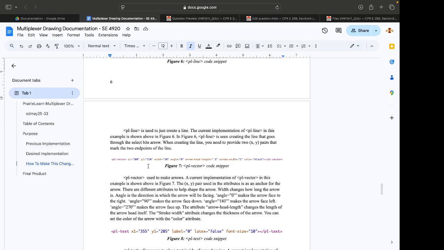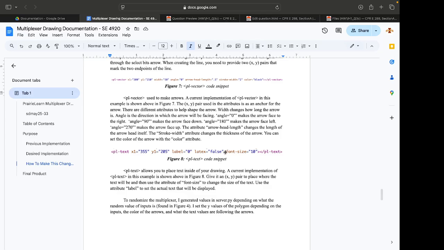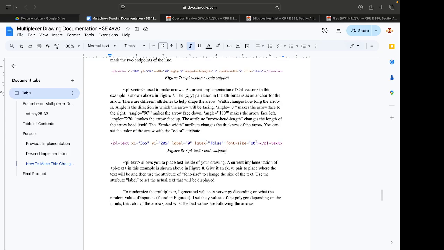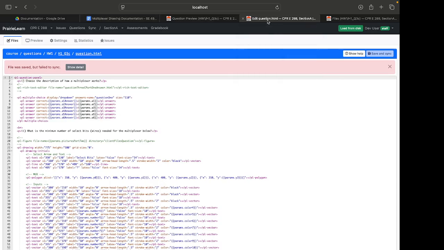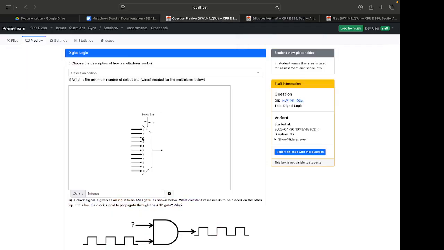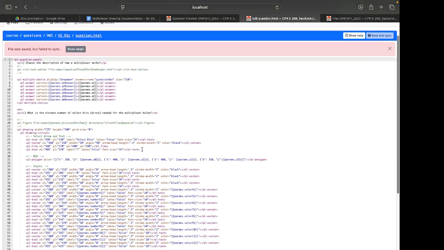And now, I believe the last element used to make this multiplexer is PL text. PL text, exactly what you think it would be, is just text that can be put in. So we wanted to number our inputs. We wanted to put select bits. We wanted to put this question mark to ask how many select bits are coming in. And so PL text, we can use this one as our